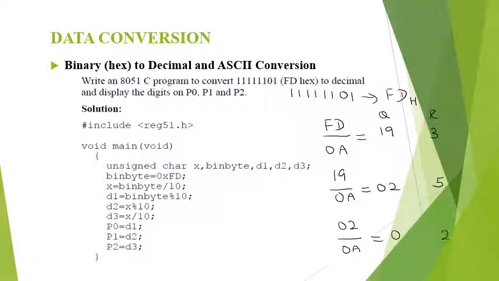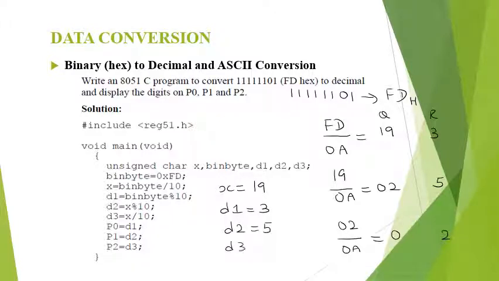In the program we have loaded the FD value to bin byte, and then we are dividing it by 0A and the result is stored in X. To find the remainder we have modulus 10 operation done on bin byte. So D1 is FD mod 10, so we get the remainder 3 in D1, and then D2 is 19 mod 10, so we get the remainder 5 in D2.